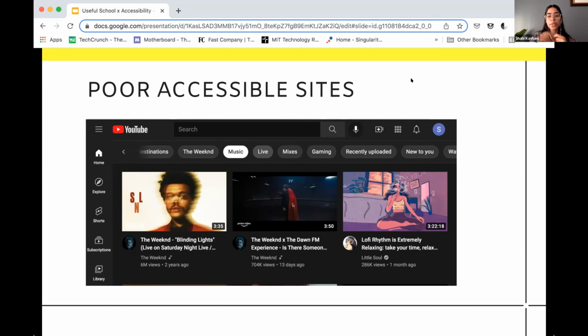I can't tell the difference between live or mixes, but technically live is where my focus is at. So you can see the importance of having a visible focus indicator. Also on YouTube, unfortunately, like many apps, they have endless scroll, which causes navigation strain. Instead they could use pagination to help users quickly navigate between pages, as opposed to just tab, tab, tab